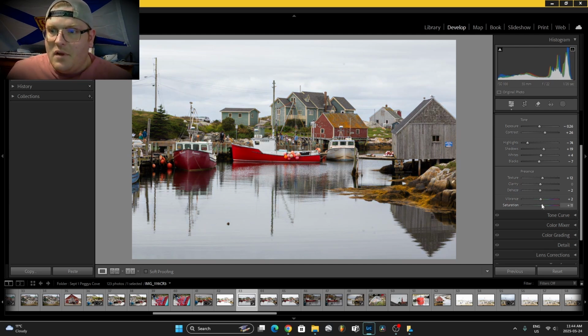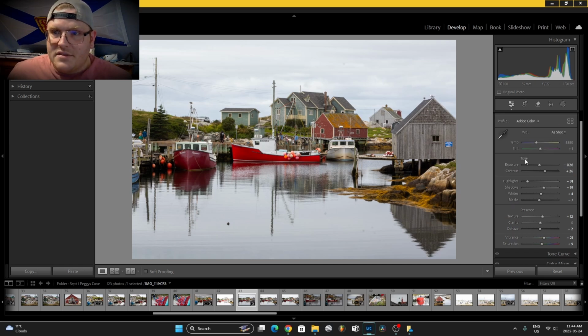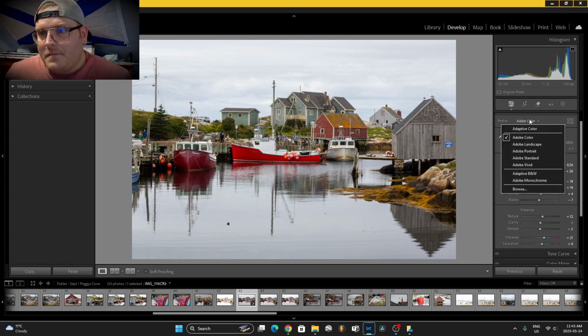So I like to be very cautious with how much I use the saturation slider, and I tend to rely on the vibrance slider more than I do the saturation slider. Okay, and I think overall that looks pretty good for our basic slide here. Oh, the other thing too is the color profile. So think of the color profile as presets. They're basically just presets that change the look of